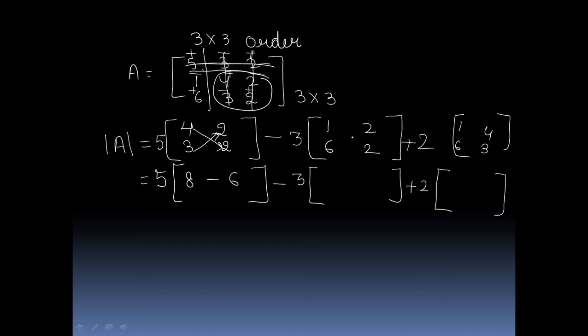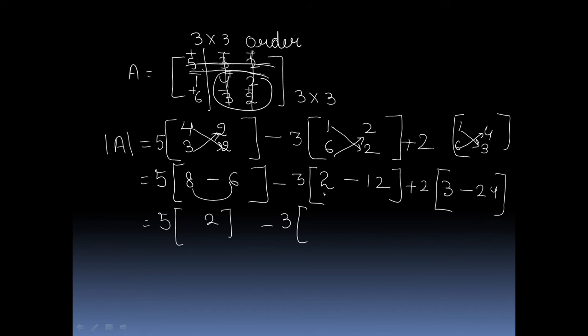When we multiply in square brackets: 1 multiplied by 2, 6 multiplied by 2, that is 12, minus sign. 3 multiplied by 1 and 6 multiplied by 4, that is 24, sign minus. 5 times 8 minus 6, 2, minus 3 times 2 minus 12, minus 10, plus 2. When we subtract 24 minus 3, then we get minus 11,